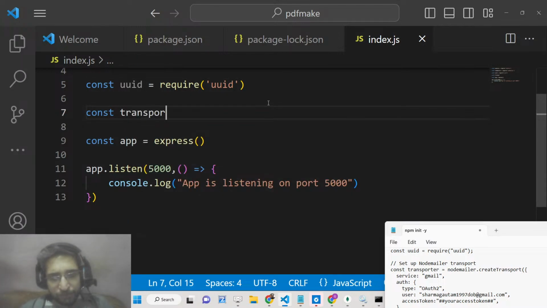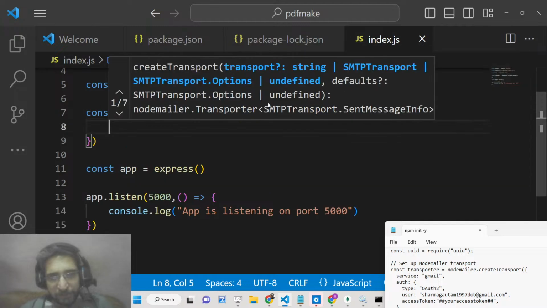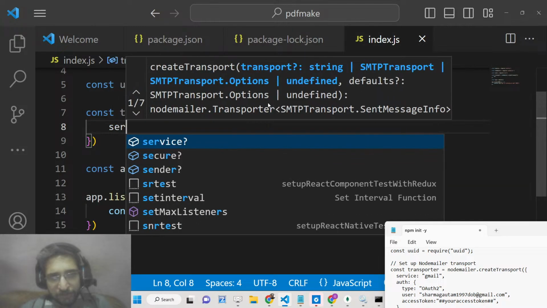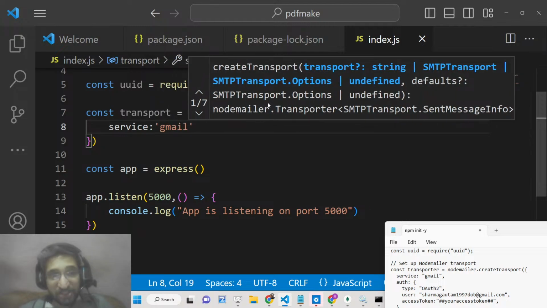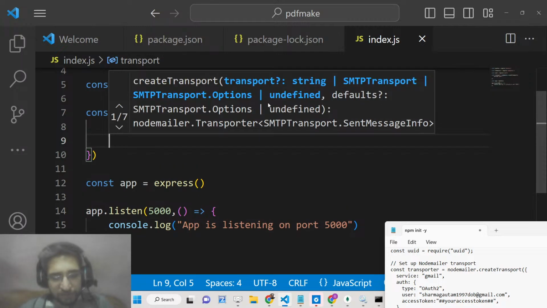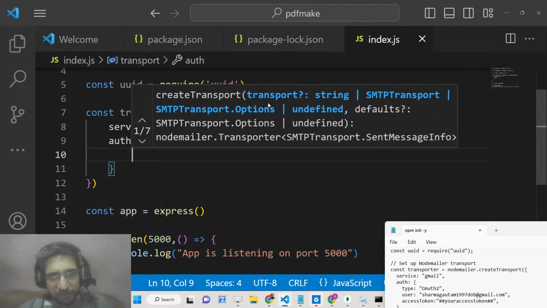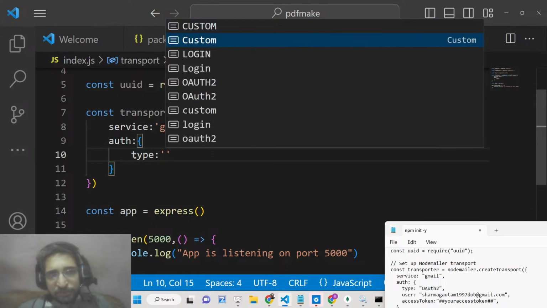Whenever you use Nodemailer, we just need to configure it. It contains a method which is createTransport, and basically this takes an object. First it takes the service. Whichever service you are using, we are using Gmail, from which we will be sending out these magic links. And then it takes the authentication object. Here, guys, we will basically use the Gmail API for sending out the emails. So here type will be OAuth2,